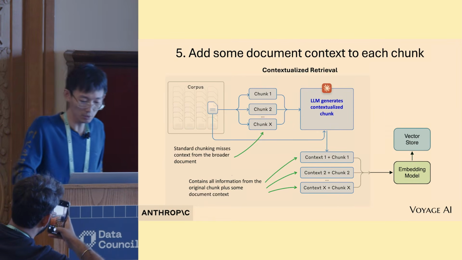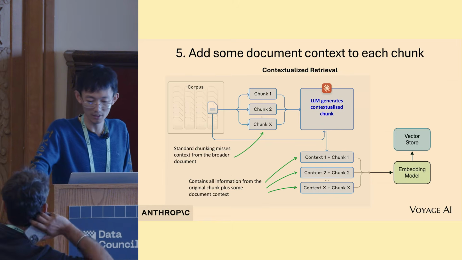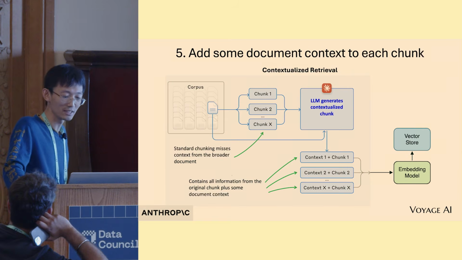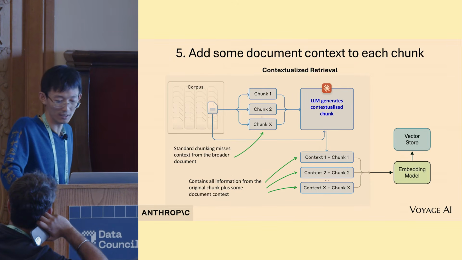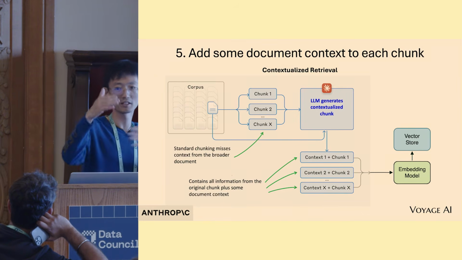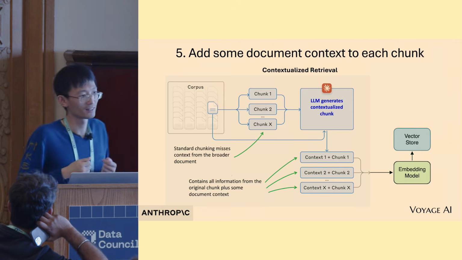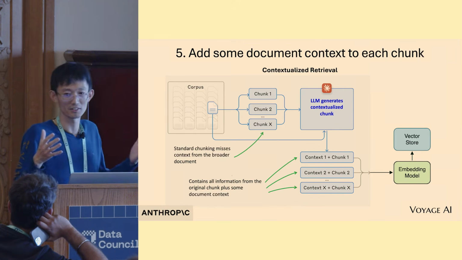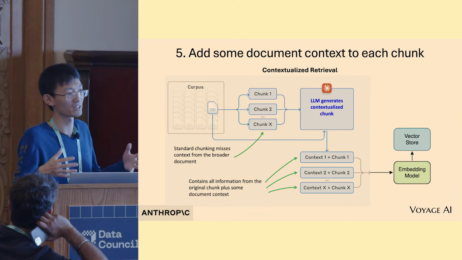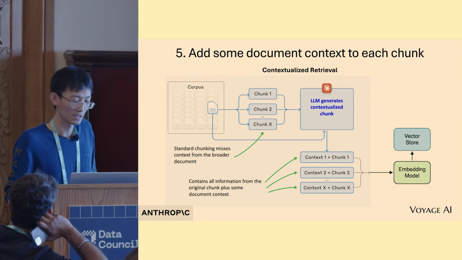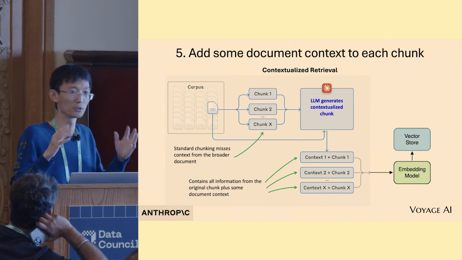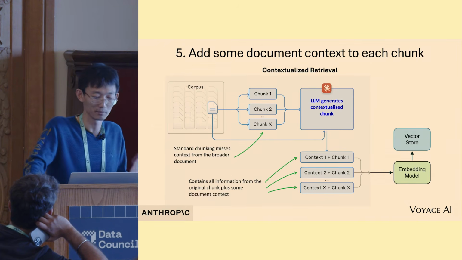Another one is published by Anthropic, which I really think is very interesting, but I have a slightly better idea later on. They say that, for example, you have a 50-page document and you chunk it into probably 50 chunks, and then in the last chunk, you have already lost some of the context from the first page, right? So basically, every chunk needs to be augmented by some global context. Especially for legal documents, right? The 50 pages of a legal document need to be augmented by some global information about the context.